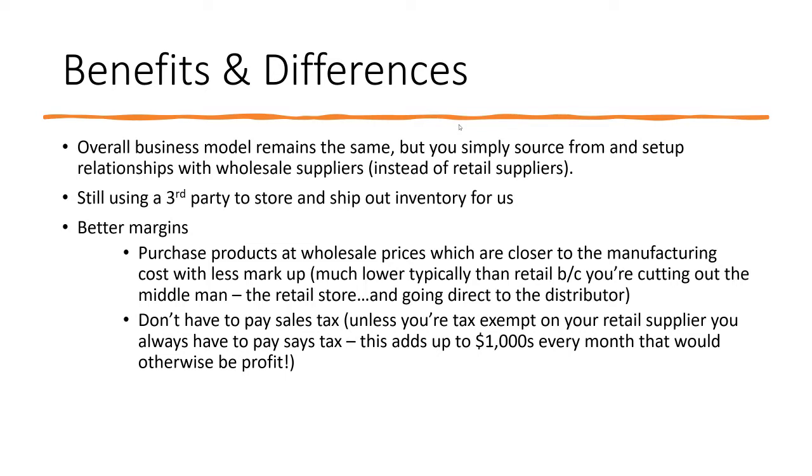Whereas here, we're going either directly to the brand, so we're either going directly to the manufacturer, which cuts everybody out, or we're going directly to the distributor or the wholesaler, which cuts out the retailer, right? Regardless of which one you do, and typically we're going to be working with wholesale distributors and wholesale suppliers, which is the second step there. Regardless of how far down that chain you move, you're cutting out the retail supplier,